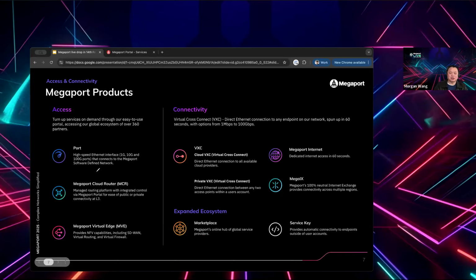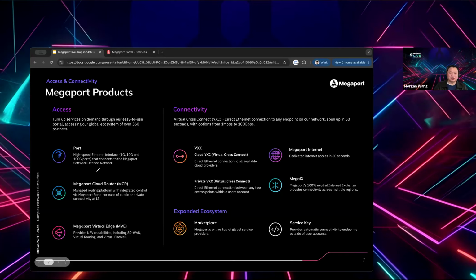MVE is essentially the same platform we host the MCR product on, and we open that up to our customers so they can bring in their own choice of network function virtualization appliance to the platform.